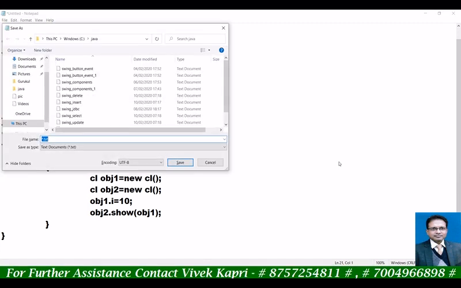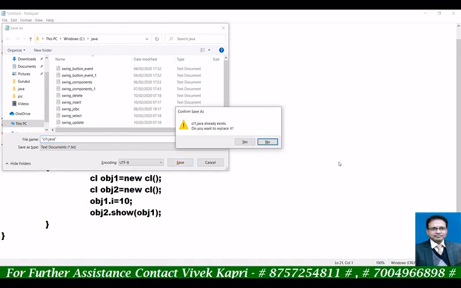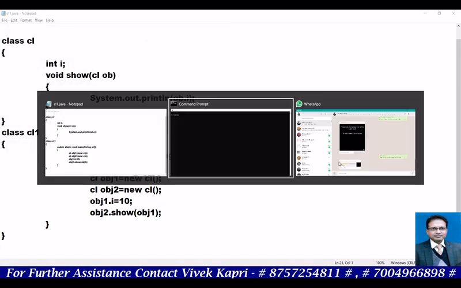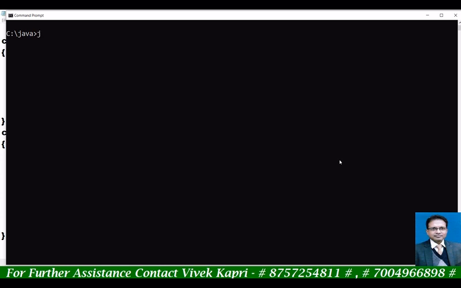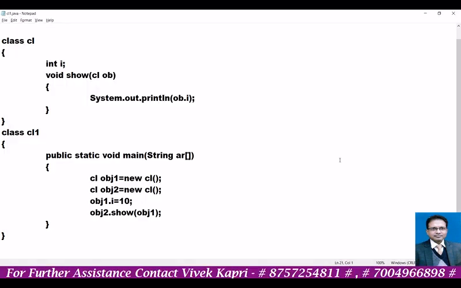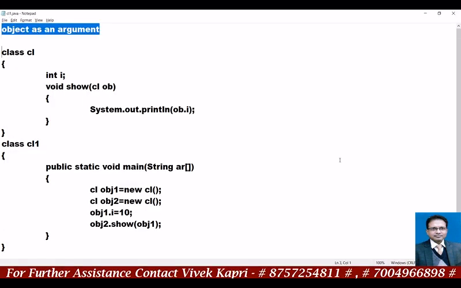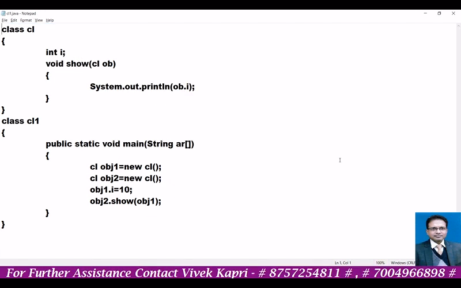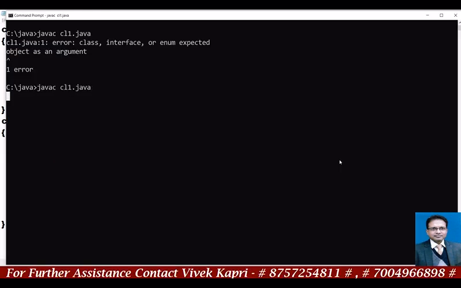Save the file as cl1.java, because the main class is cl1. Now take the command line: javac cl1.java.